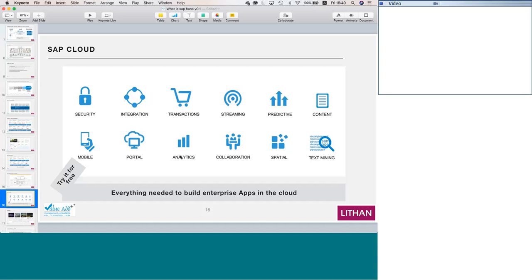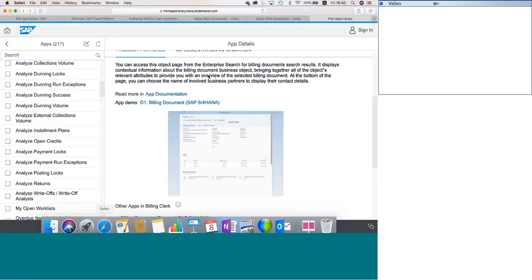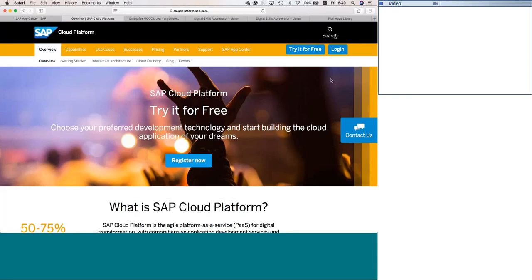And what is the best part of this? You can try it for free, absolutely free. Now I have that. I'll just move this chat box here. See, I'm on SAP Cloud Platform here. You can try it for free. You don't have to be a customer of SAP.